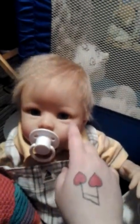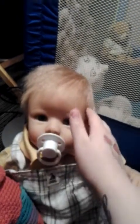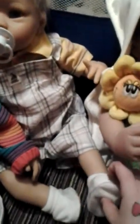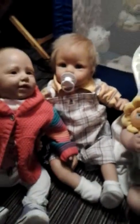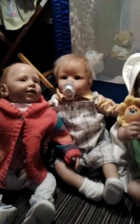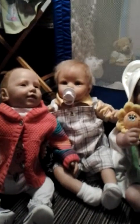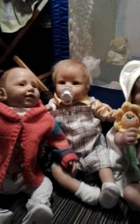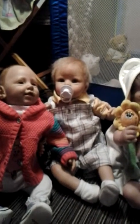Now, and he's got these little puffs underneath his eyes here, and the lovely blonde, soft hair, and it's hand applied hair. Her hair is rooted, his is hand applied, and it's glued. Now, if you don't recognise him, I will just let you see him for a second. He is the Chloe Look Love doll by the Ashtondrake galleries, and she comes in a purple and white outfit